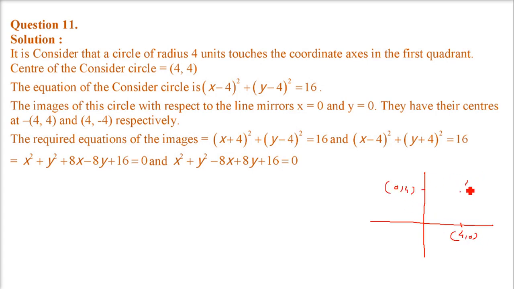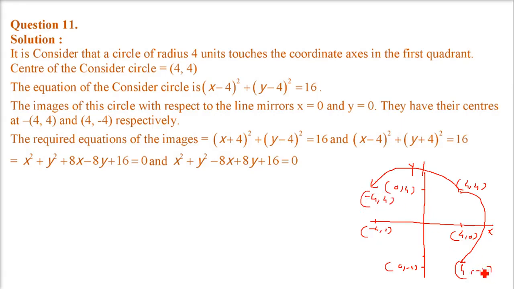What is the center here? (4, 4). This is your y axis, this is your x axis. So what will be the point which is the mirror of this with respect to the x axis? This is say (0, minus 4), this is of course (minus 4, 0). So this point will be what? x is 4 and y is minus 4. So (4, minus 4) you have to take first of all. And because this is the y axis, what is the mirror of this point? It will be here, so x is minus 4 and y is 4. So (minus 4, 4) and (4, minus 4) you have to take.